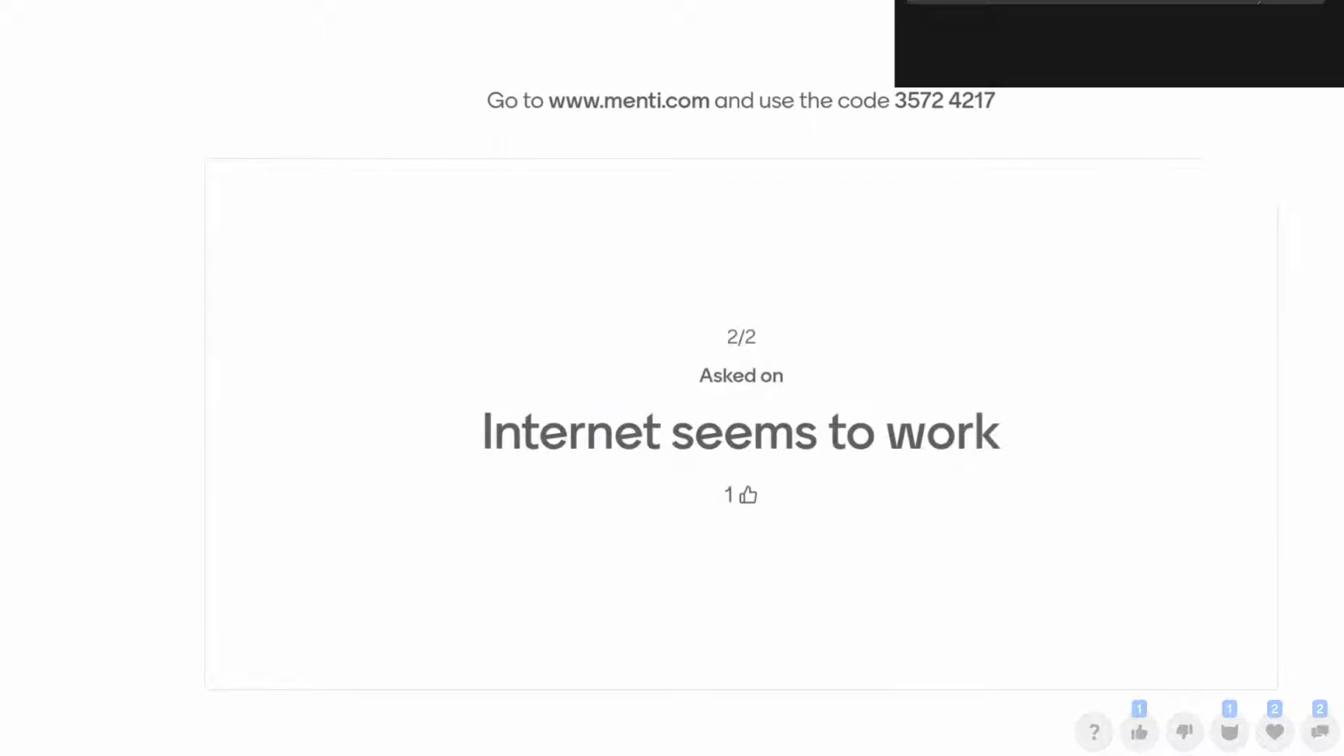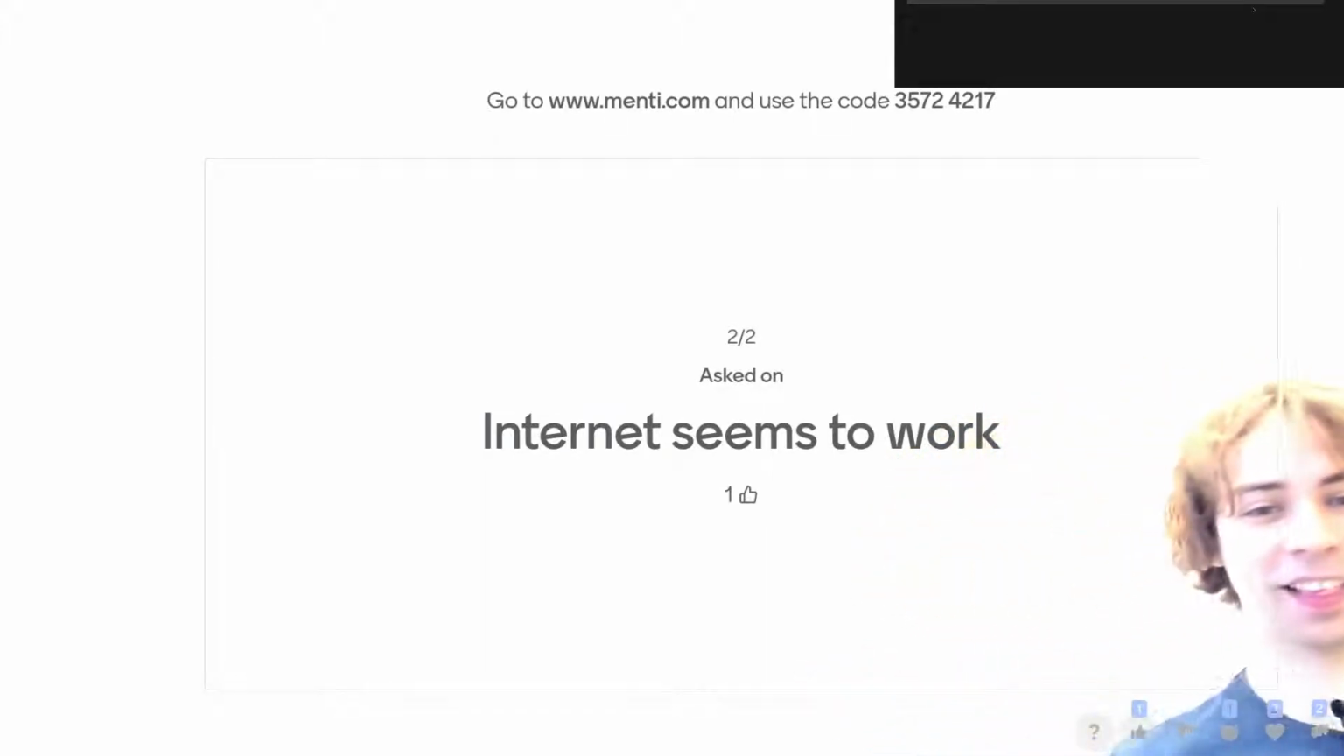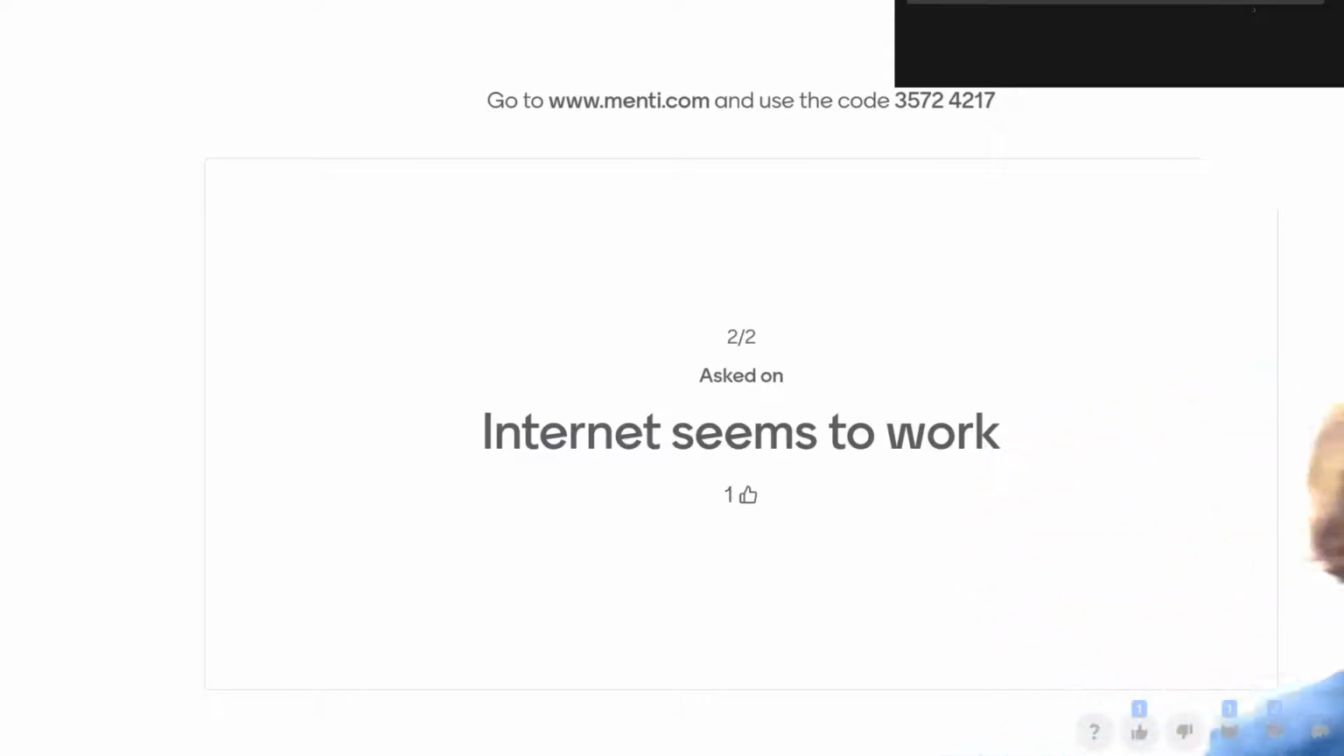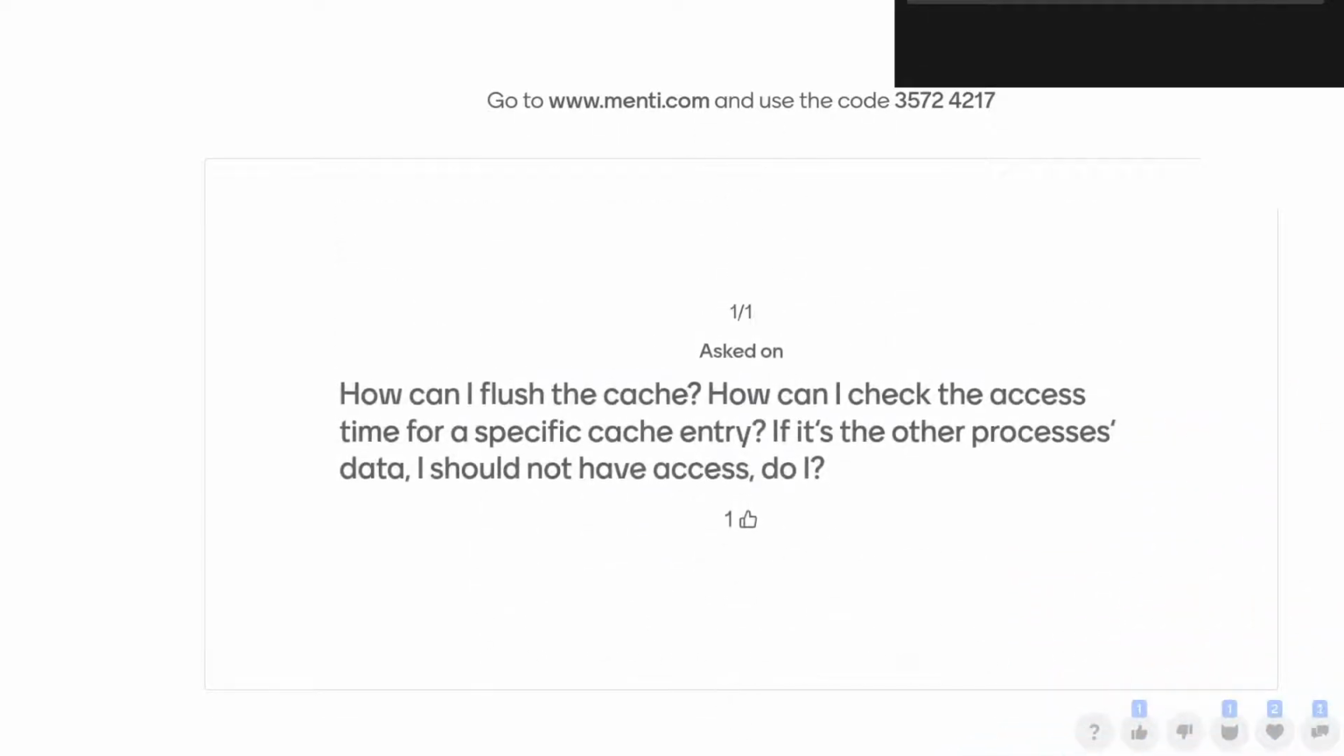And also I have to use a bit of a different setup today, so I can't check these questions and answers on my phone, so I have to do that on the computer as well. Yes. Now I can also see the questions in the Q&A. Internet seems to work. Yes, the internet seems to work. That's true. Then there is a second question, and that is